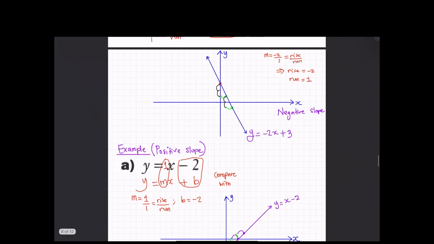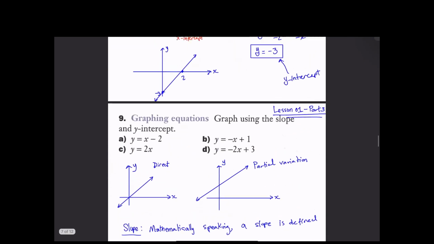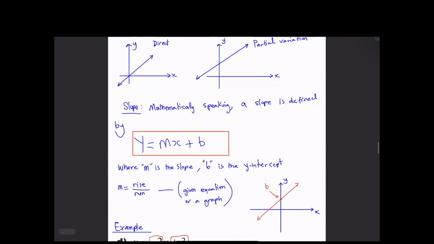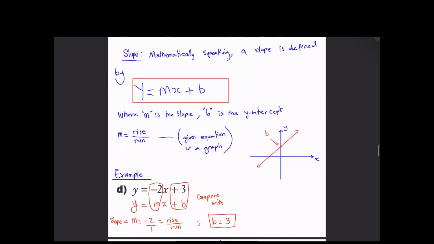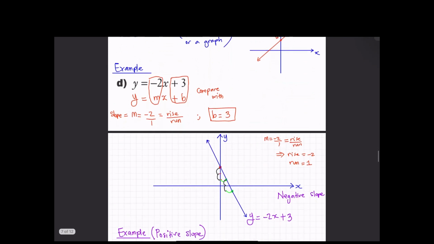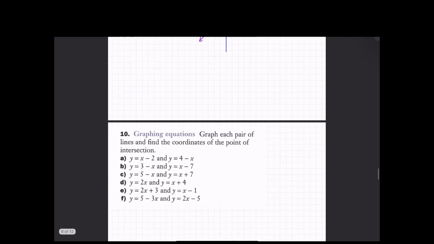All right, so that will be all for this particular concept of graphing a line by comparing using your y equal mx plus b form, and then using your rise over run, you can graph it very quickly. And then for the next lesson, we're going to